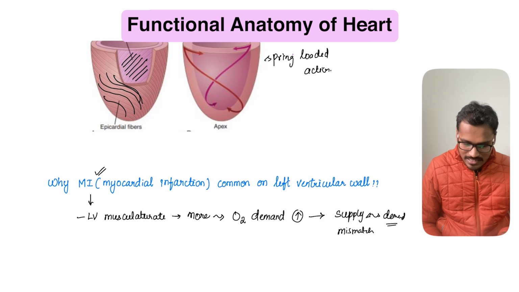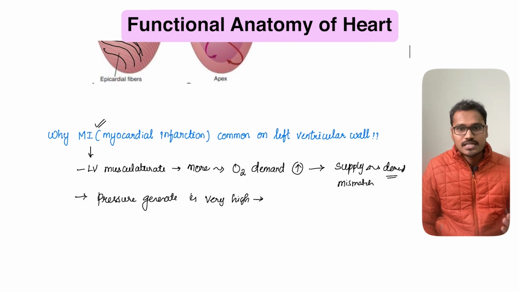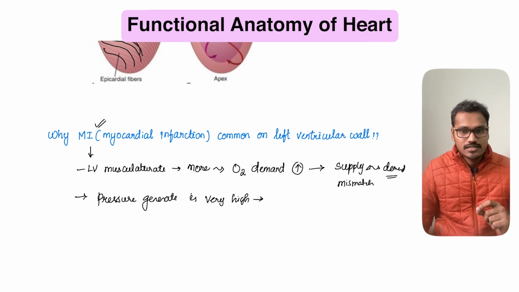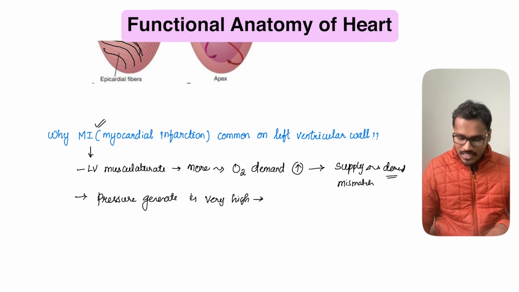Next thing is the pressure generated is very high. For example, the pressure in the aorta during systole is 120 and during diastole is 80. Where does this pressure come from? Who is giving this pressure? It is obviously the systolic pressure is given by the left ventricle, which has to pump at a high pressure